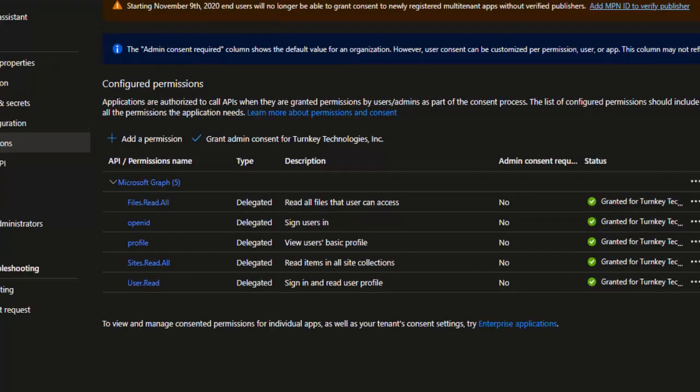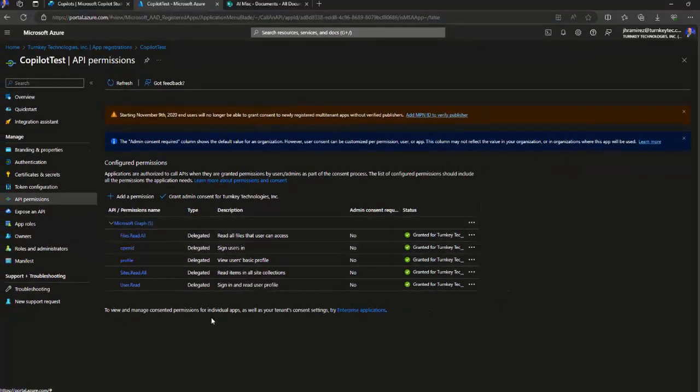This is a very important part. We need to have all these delegated permissions assigned to this app registration in order to be able to connect our Copilot in the different channels that we can. But what is delegated? Well, it is no more than the resulting permissions in the intersection between the users and